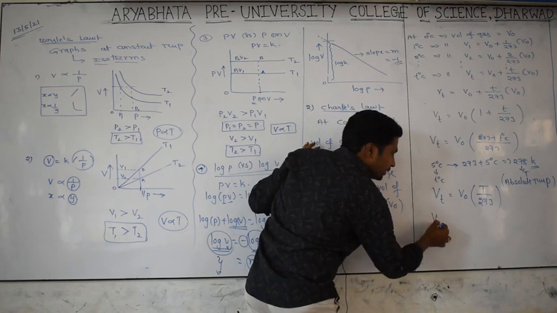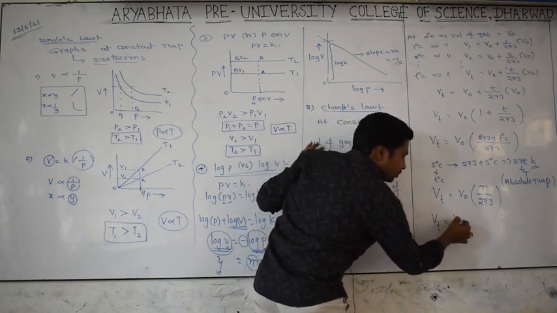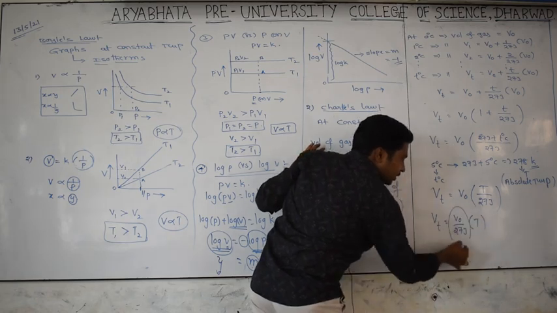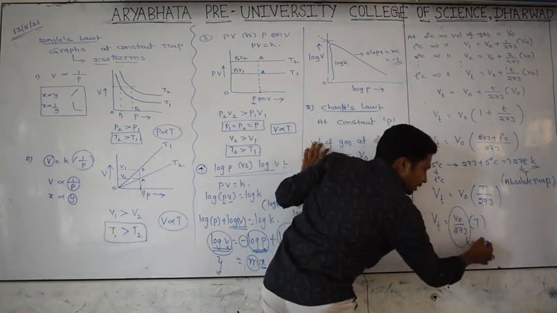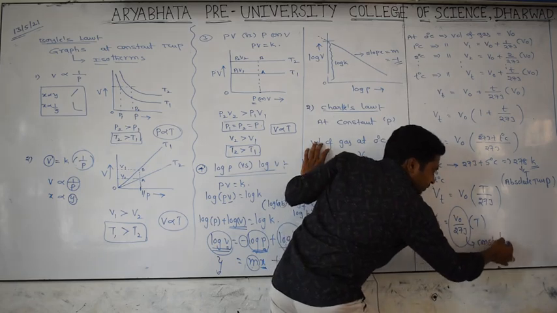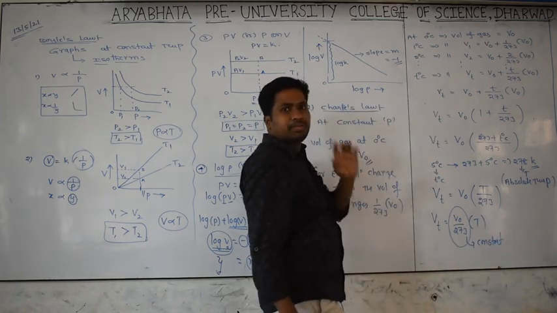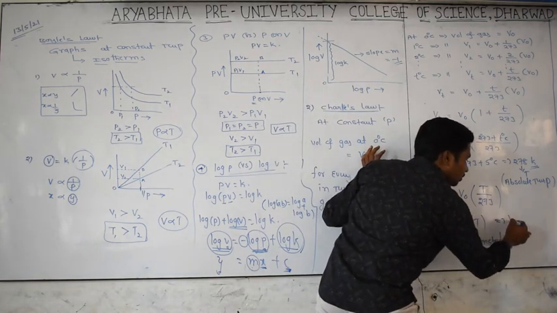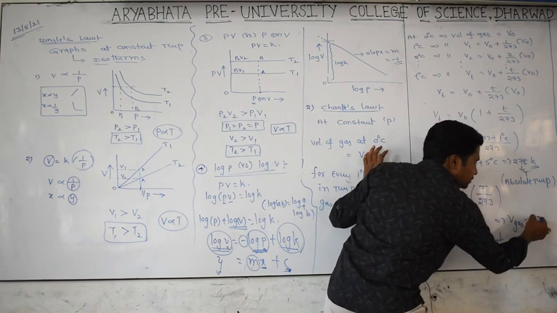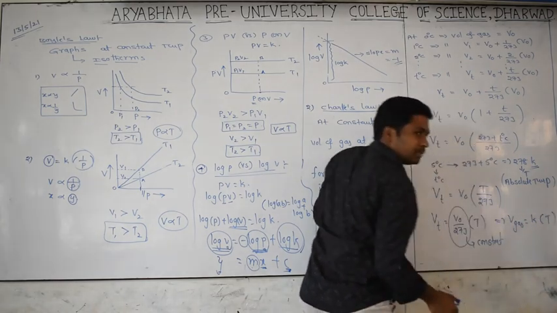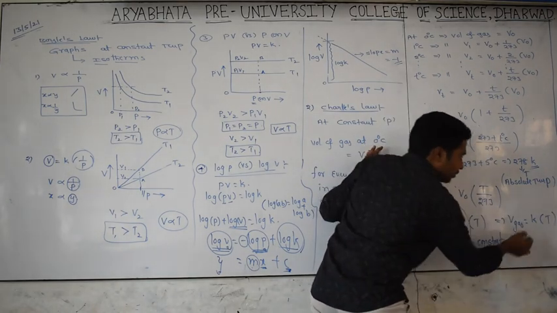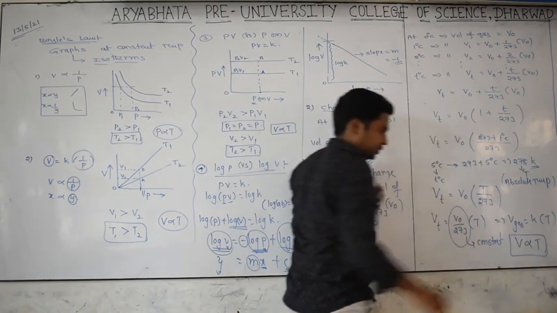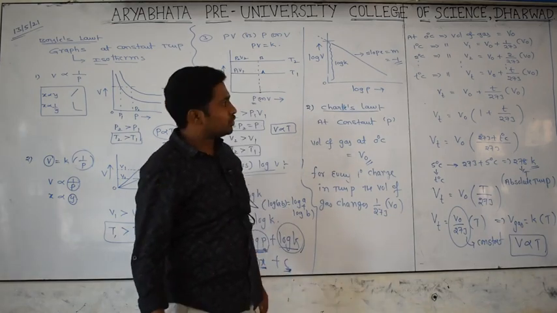Now the volume of a gas at temperature T is equal to V0 by 273 times T. V0 by 273 becomes like a constant, since for the gas at 0 degrees Celsius the volume remains the same, and 273 is also constant. Then what can we write? Volume of a gas equals K times T. If I remove the proportionality constant, the volume of a gas is directly proportional to absolute temperature. That is Charles law. Did you get my point?